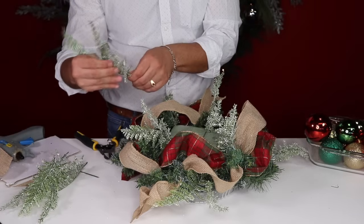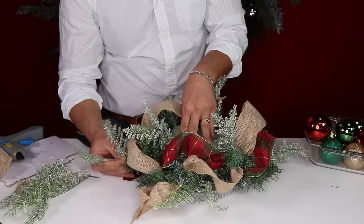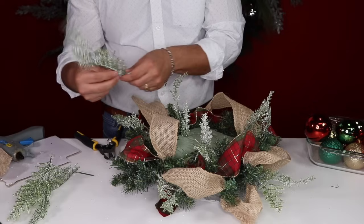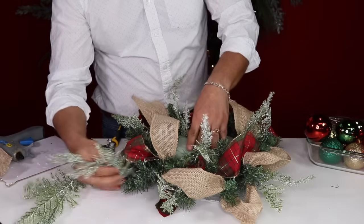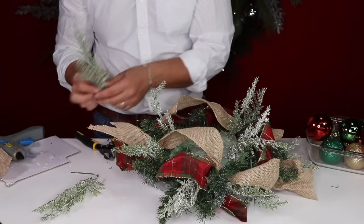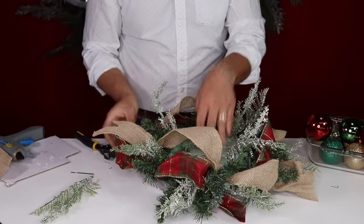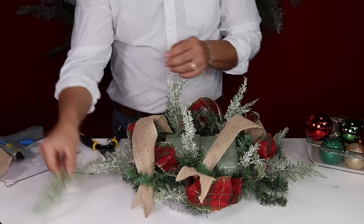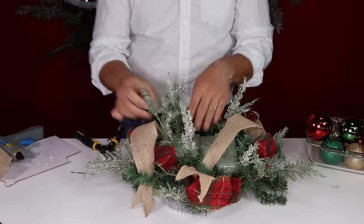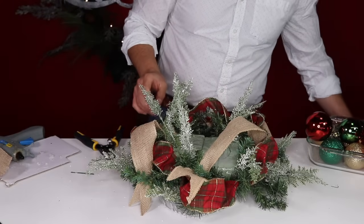At this point, you can glue them all. I'm not going to, just for video purposes. But if you want to leave it like this for next year, I recommend you glue it if you want. You don't have to. I tend to just recycle my materials here. Ramon at home, we're all about recycling as much as we can so we can save a few dollars for other projects. All right, so we have added a little bit of this cedar, and I also love the way this looks. So then what I'm going to add is some of this glittered